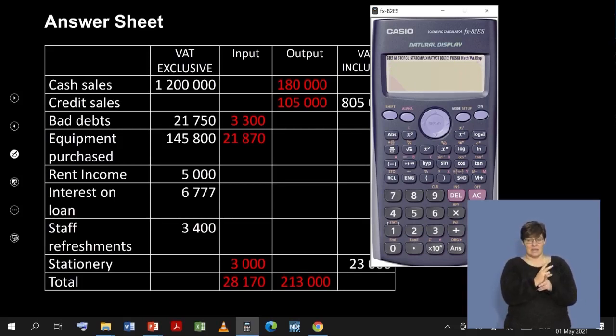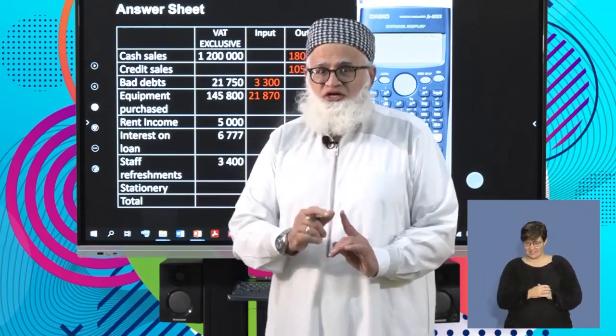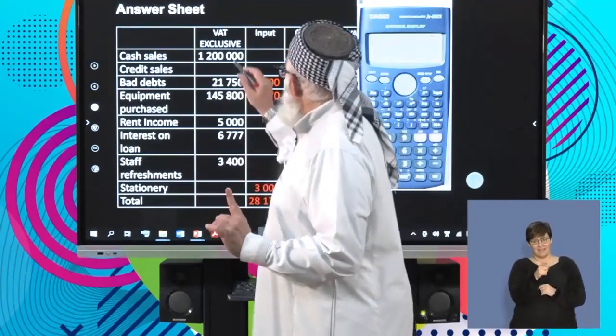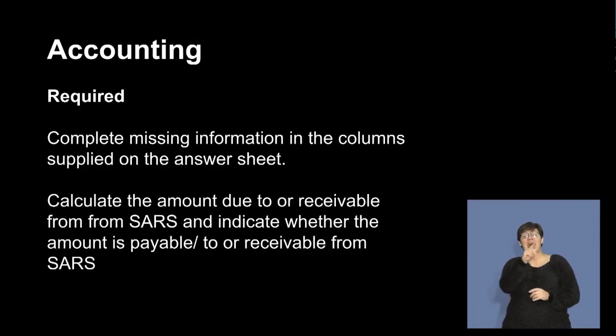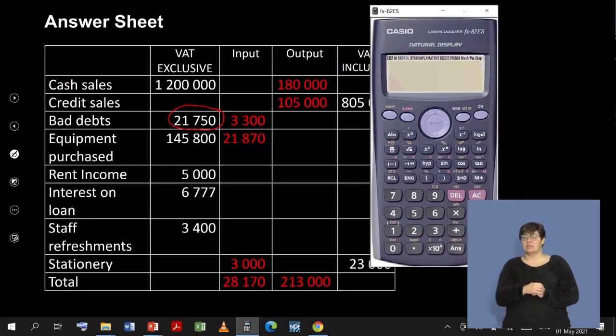Again, watch. Important consideration. I need to start practicing what I preach, which is read the full question. Maybe it was a deliberate error to show you. Watch where it appears. Bad debts exclusive of the VAT amount. Let's get that figure here. Here we go. It's my bad debts exclusive of the VAT amount. Therefore, watch my calculation. What will it be? 21,750 times the 15%, because it's an exclusive amount, to give me a figure of,